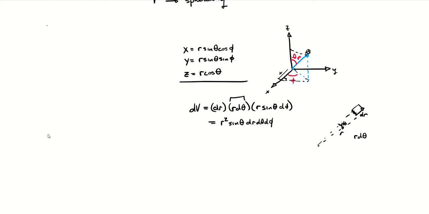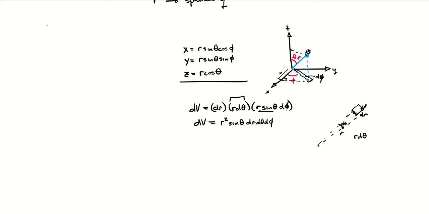And then finally, a length of the side in the phi hat direction. Well, it's going to be this distance times that dφ. So this would be the one going into the page here. That distance is r sin θ. So multiplied by that dφ, sorry, dφ not dθ, gives us the length of that side. So that's the volume element in our spherical coordinates.